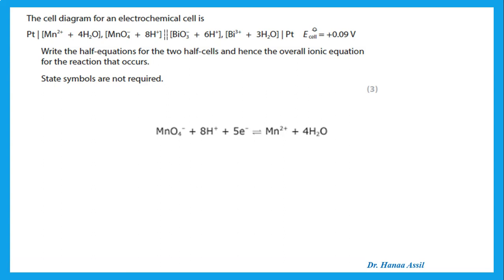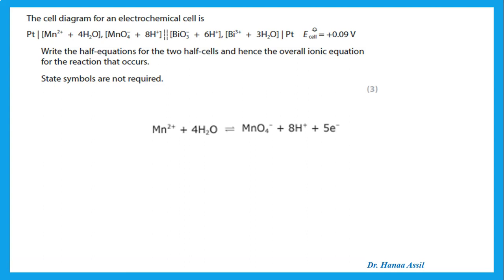But in my reaction, what I have is the Mn2+ going to MnO4-. Remember, the arrangement in the cell diagram is the arrangement in the actual equation. So I have to reverse that. So I reverse that. Now, the other part is the